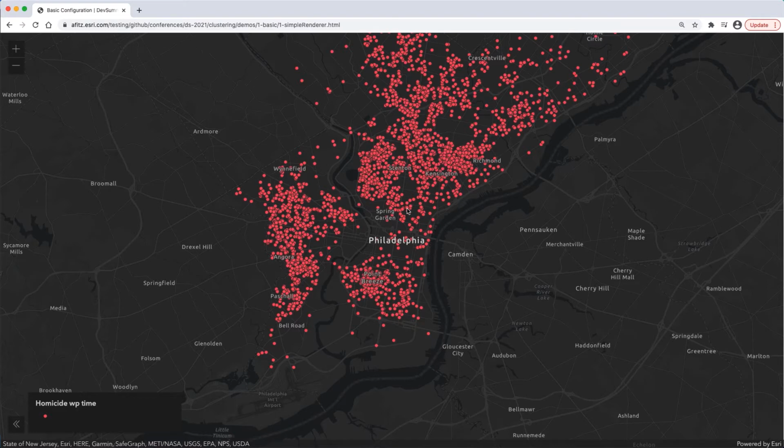All right, so here you can see that we have a lot of point data for homicides in Philadelphia. Sorry, I know this isn't the most uplifting map, but with so many points, it can be difficult to see where a majority of these homicides occur, if there are any patterns, and that's where clustering can come into play. So let's go back to our demo